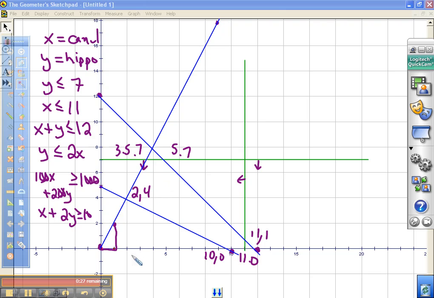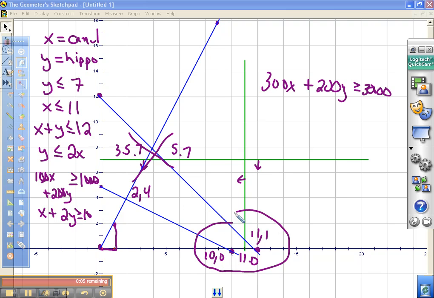Then we just have to plug that into a profit function. It ends up being 300x plus 200y must be greater than 3,000. When I do that, 3,000 here, you find out that these three do not get greater than 3,000, and these three do. Our maximum profit occurs at 11 times 300